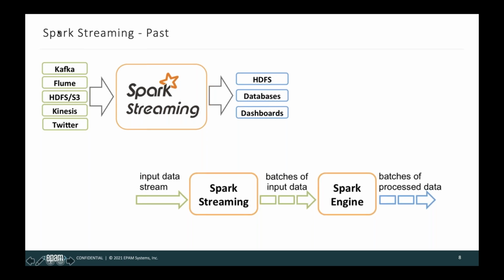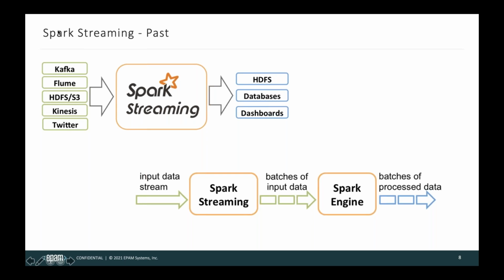So streaming is basically data in motion, right? We are getting the data from somewhere, some location. It could be any. Then we need to process it, and we need to create some insights, some analytical functions, and so on, and put it into some location. This is the overall definition of streaming.